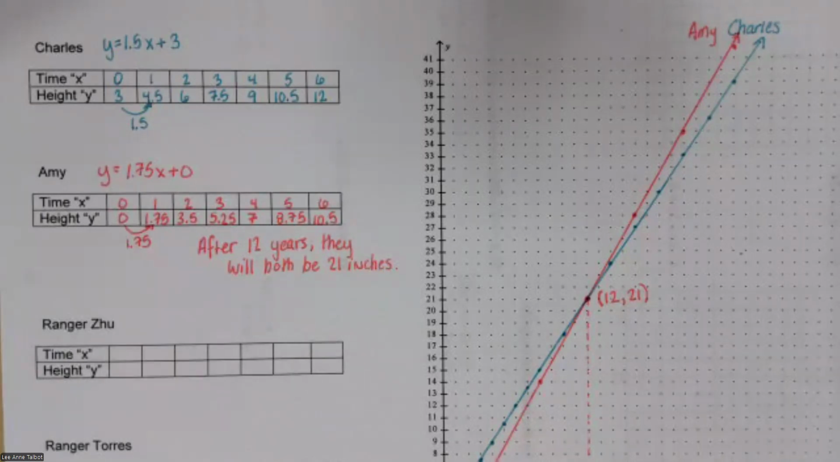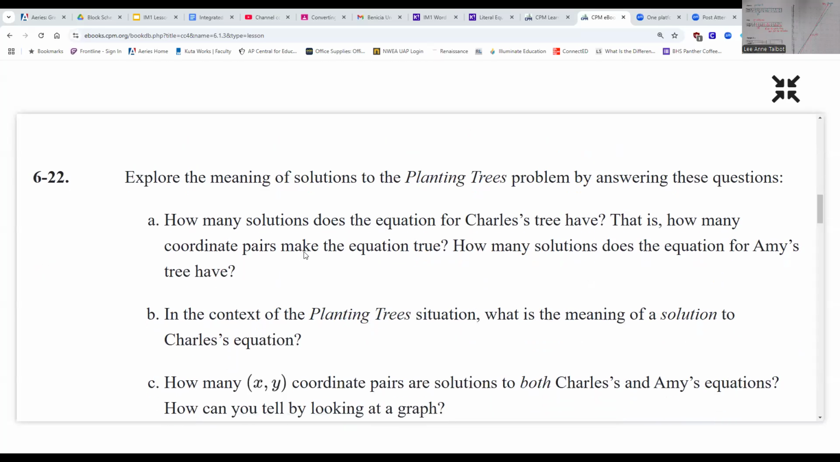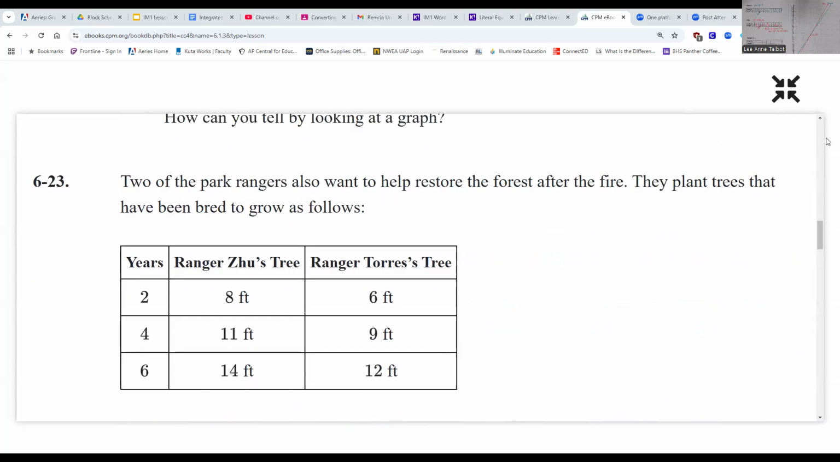Okay, now let's go to Ranger Zoo. I hope I'm pronouncing that correctly. Did you guys think zoo when you saw that? Okay, that's excellent. Okay, number 23. Two of the park rangers also want to help restore the forest after the fire. They plant trees that have been bred to grow as follows. Okay, so if you guys could look at this table,